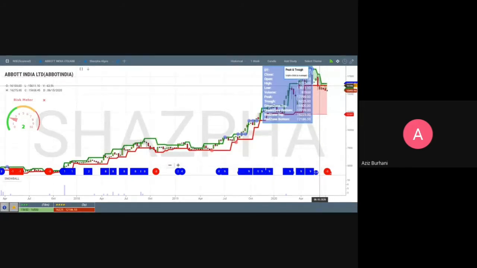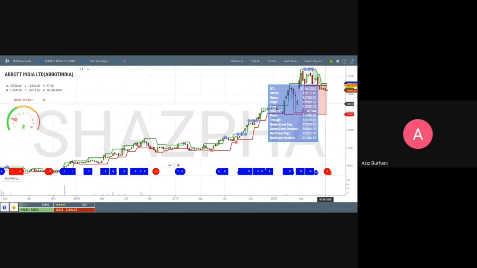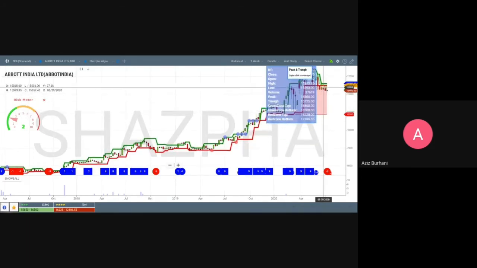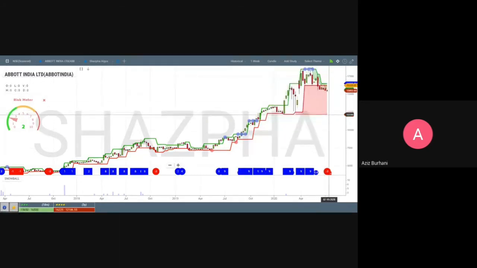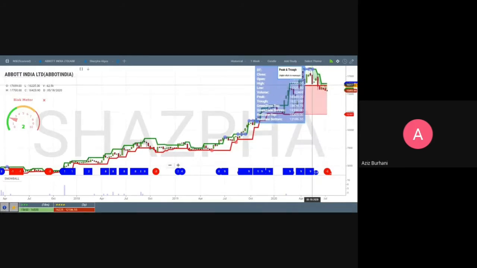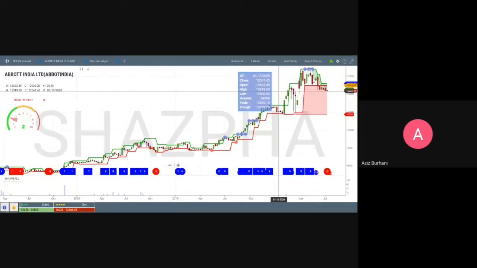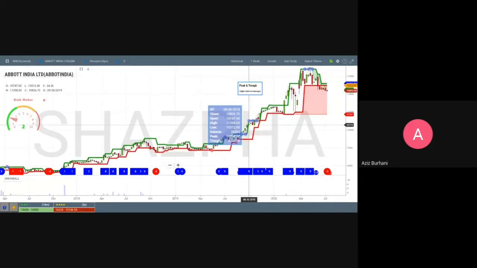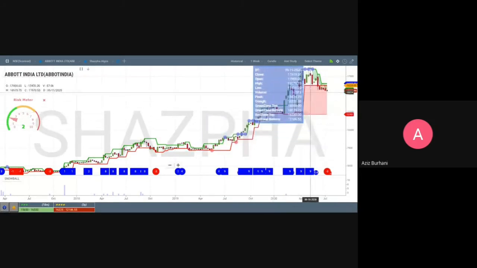So you conclude that I'm willing to take this much risk. I'm willing to lose this much, right from this point here, which is some 16,000 something, all the way down to 12,000 something, and you are okay with taking that risk. You say that I'm willing to forego this 4,000 to make 10,000 points in the future going ahead. And Abbott would probably go to 20,000, 25,000. It can happen. It has happened with so many stocks. It has happened with Eicher Motors. It has happened with Bajaj Finance. So if you feel so, then you can do that. So that is what zone means.